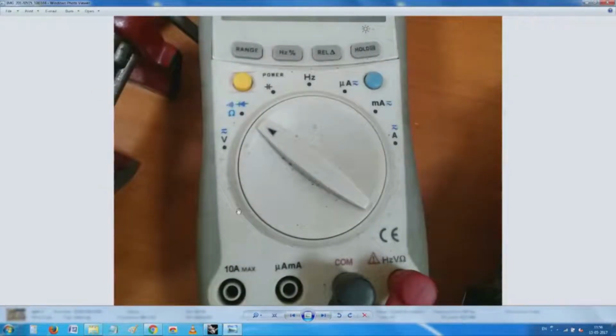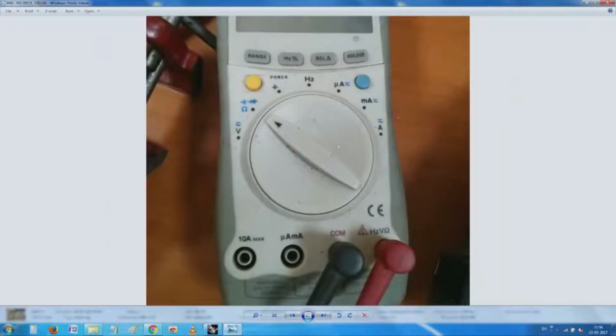So you can select the usual DC volts, then you can have a DC amps. I'm not very clear how this hertz thing is there, and then there's a power button. This looks like something to do, no clue at all. Then there is a small range between microamps and milliamps, and then you see here